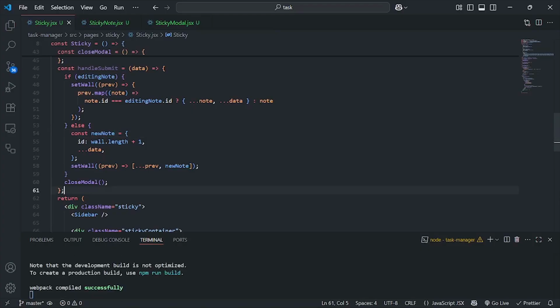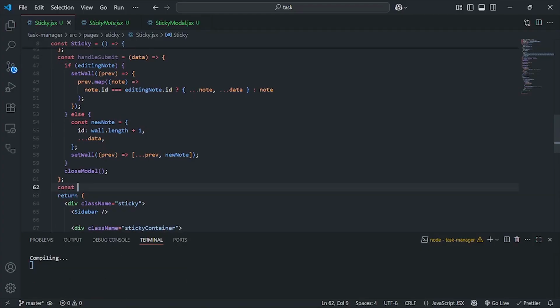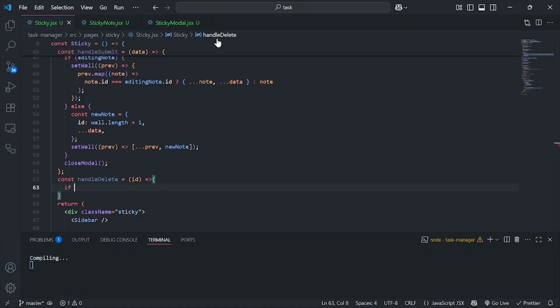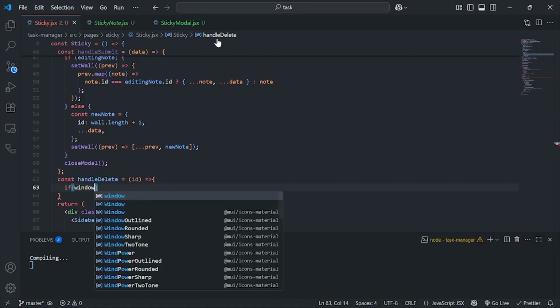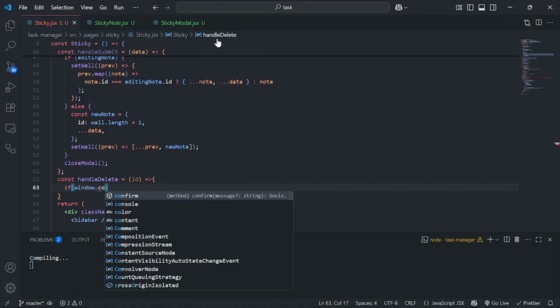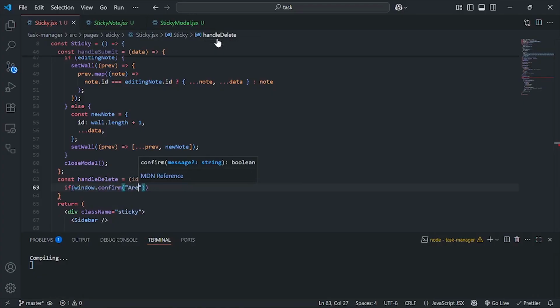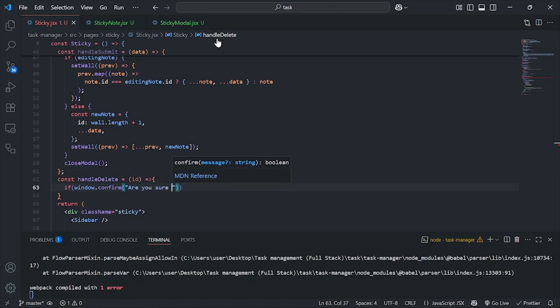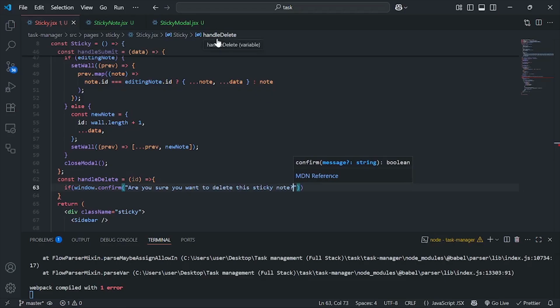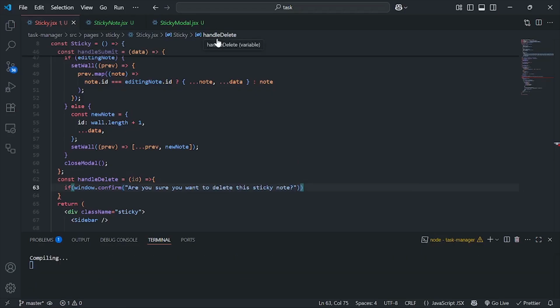The next thing we want to do is undo delete. So const, I'll just say undo delete, like that. It's going to be a function. I'll pass in id into the function. Then we are going to have an if, window dot, we are going to use window dot confirm. Like, are you sure you want to delete this sticky note? So if yes, then we are going to